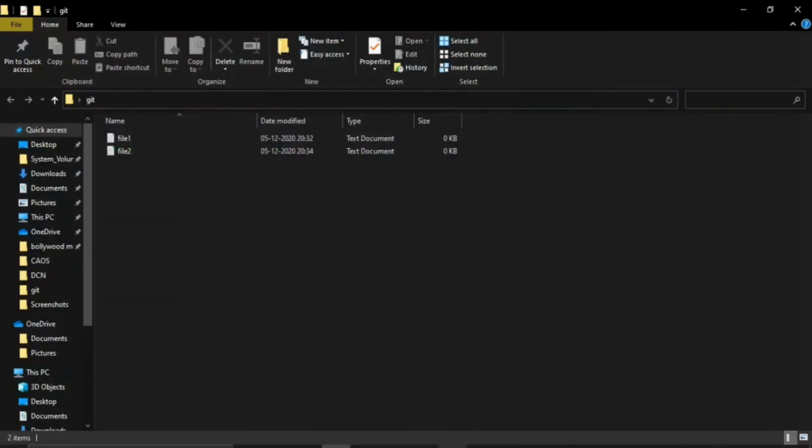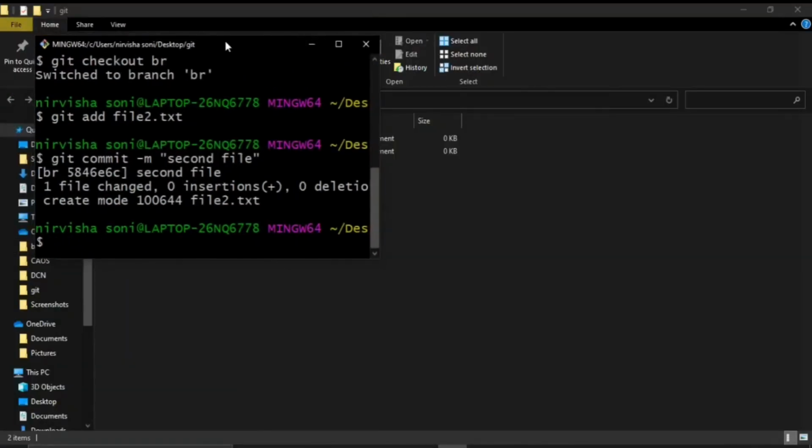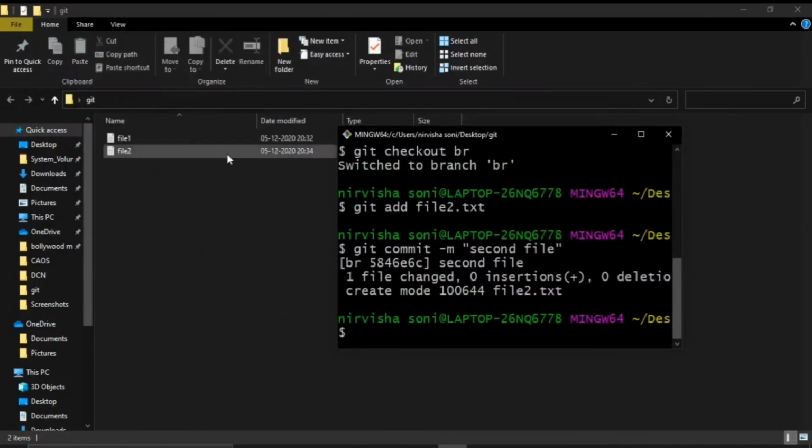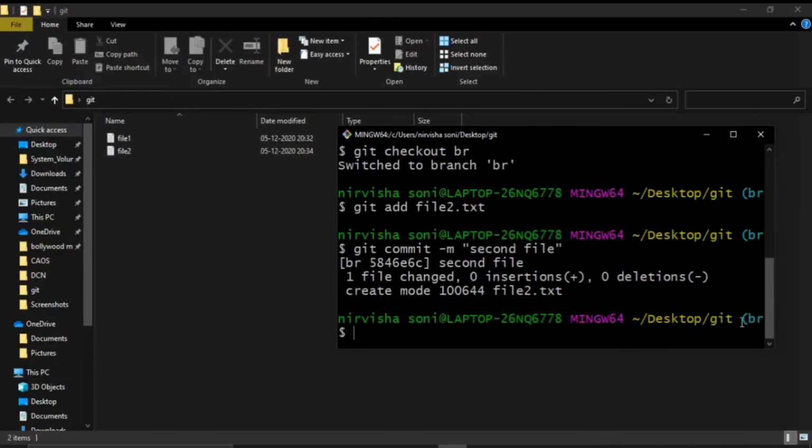Now I'm going to show you a very interesting thing. I'm currently working at my BR branch, but I want to go to my master branch now. So for that we have a command called git checkout again, and the name of our branch to which we want to go is master.